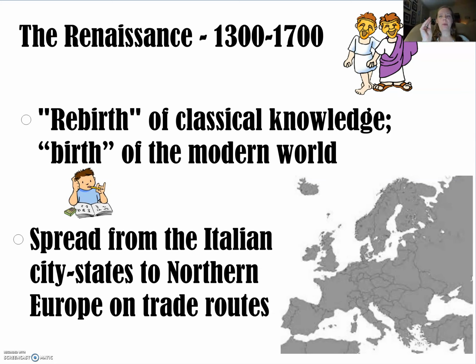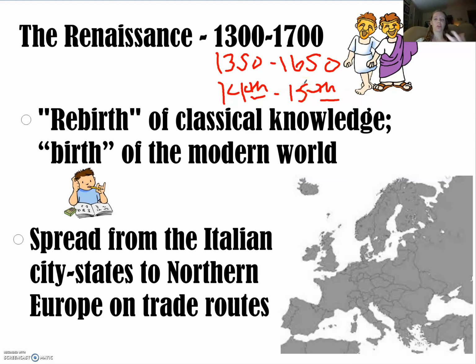Maybe more specifically, you'll see people refer to it as even 1350 to 1650. Even shorter than that, some will only reference the 14th and 15th centuries, which is, of course, the 1300s and 1400s. I would extend it further than that because I think that several of the most famous Renaissance artists and authors aren't alive in this shorter range, but certainly the entirety of the 1400s and the 1500s should be included in a solid explanation of the Renaissance.